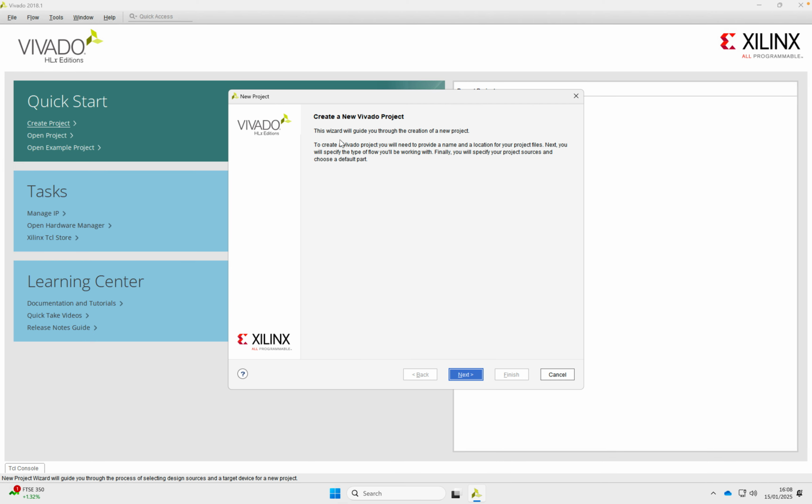Then it will tell you this wizard will guide you to the creation of a new project. To create a Vivado project, you will need to provide a name and a location for your project files. Next, you will specify the type of flow you will be working with. Finally, you will specify your project sources and choose a default path. So we're gonna click next,